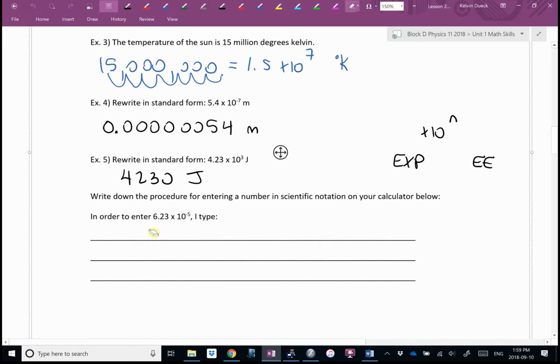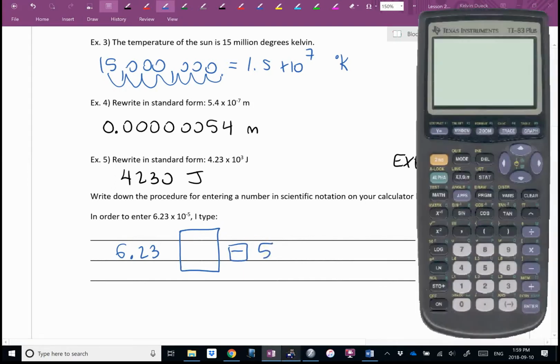So if I wanted to type 6.23 times 10 to the negative 5, I would type 6.23, and then this is where you'll hit your particular button. If yours is an EXP, write that in there. If yours is an EE, write that in there. If yours is a times 10 to the, write that in there. And then negative 5. On my calculator,